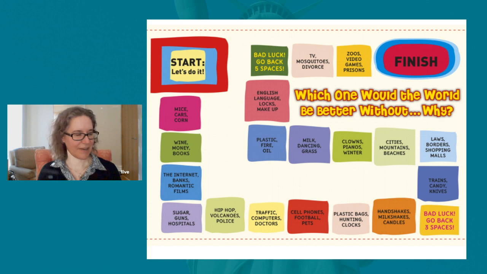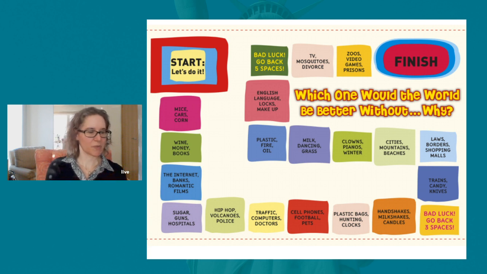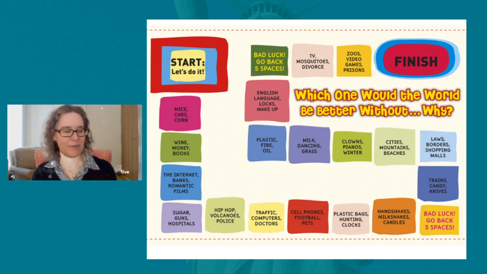And so again, we're going to have a lag between when I ask you and when the comments come up. So then I'll go back and forth a little. But I want you to look at one of the boxes. It says traffic, computers, and doctors. Traffic, computers, and doctors. Which one would the world be better without, and why? If you follow the squares around, when you go up and then to the left again,